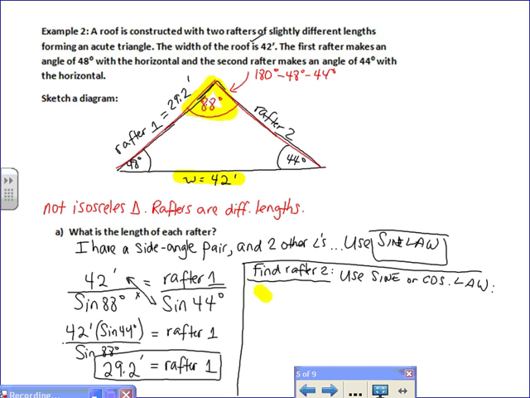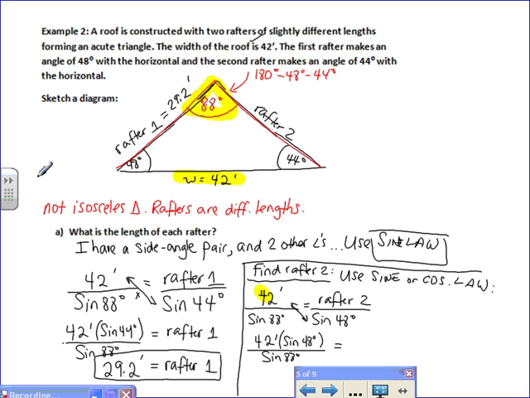I'm going to say that 42 feet over the sine of 88 degrees is equal to rafter 2, this time over the sine of the angle opposite from rafter 2, which is 48 degrees. Okay, so I'm going to have a slightly different answer here. And again, I cross multiply the sine of 48 by 42 to get it out of the denominator. And I get 42 feet times the sine of 48 degrees, all divided by the sine of 88 degrees, is